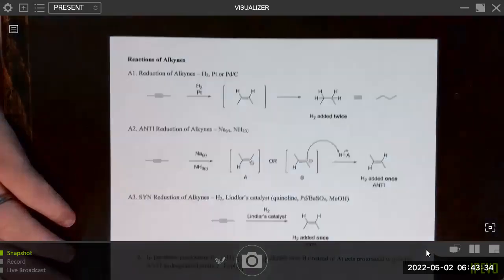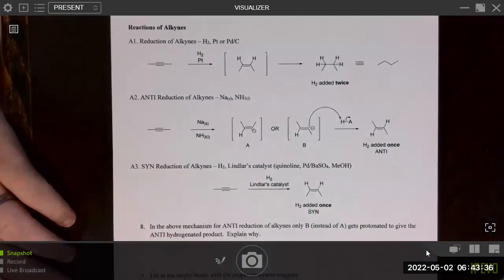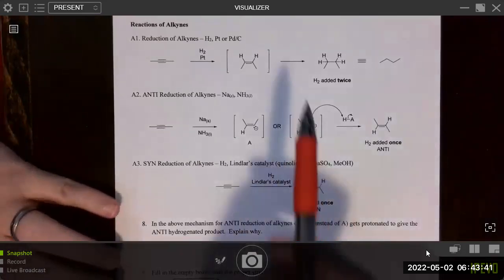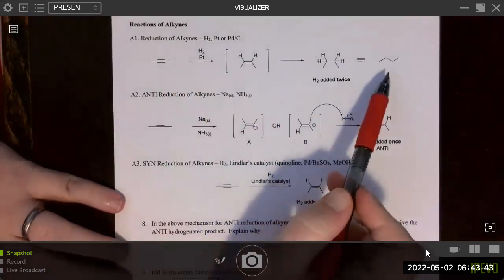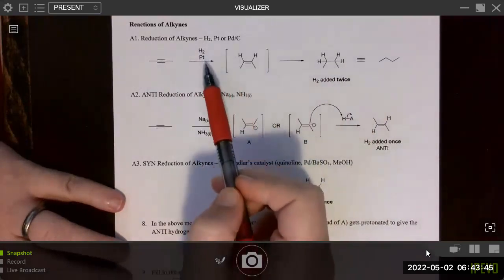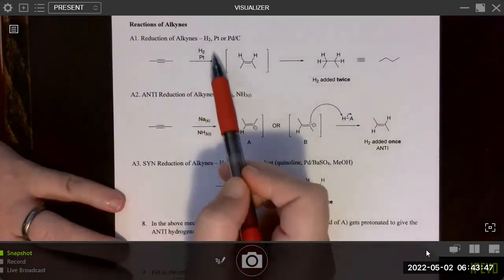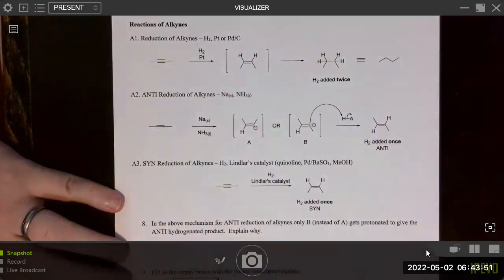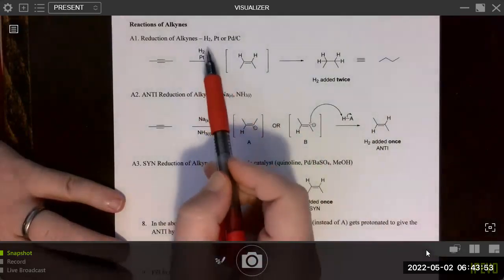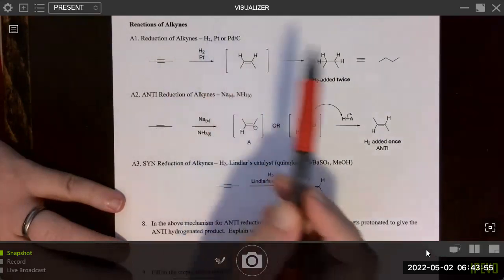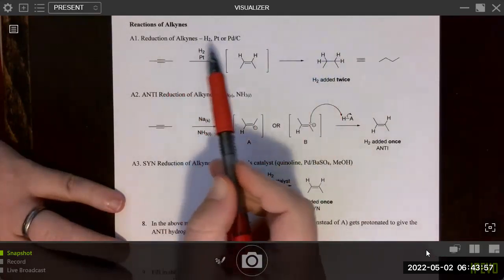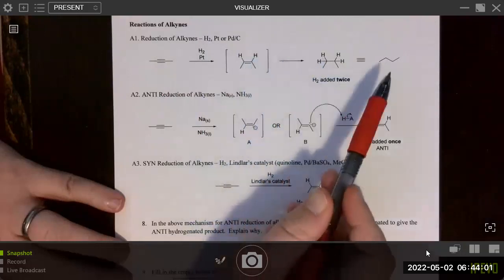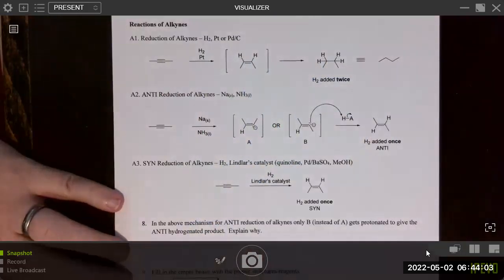All right, continuing on with reactions of alkynes, we're going to look at reduction. So if we want to reduce an alkyne all the way down to alkane, we want to add hydrogen gas with a metal catalyst, such as platinum or palladium on carbon. The hydrogen gas is always in excess, so it gets added twice. The first equivalent produces a cis alkene, and then it gets further reduced all the way down to the alkane.